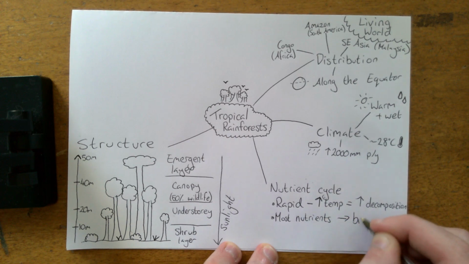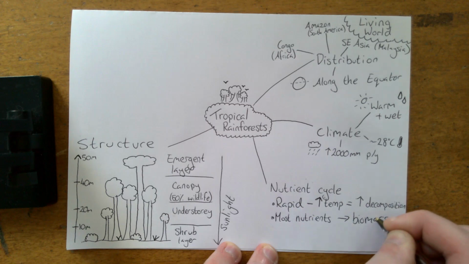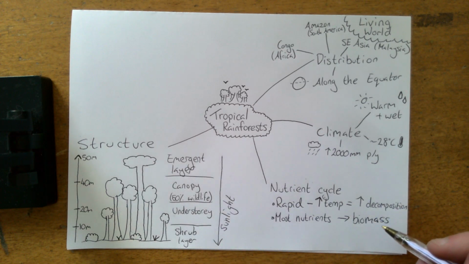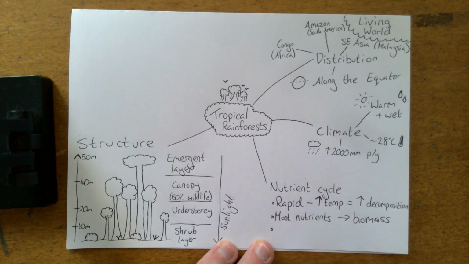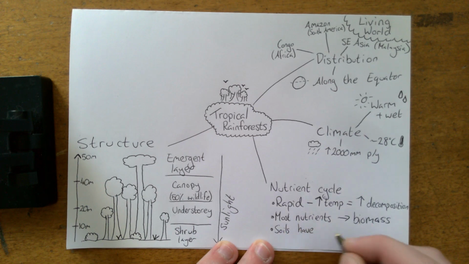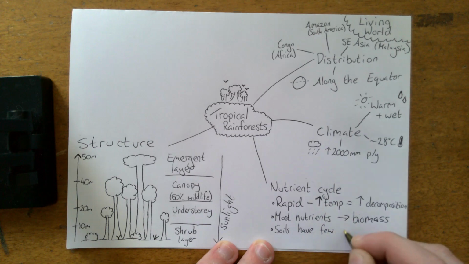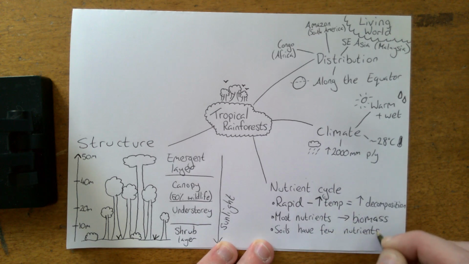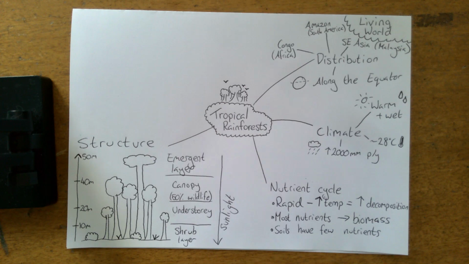go into what's called the biomass. Now, if you can remember when we looked at the nutrient cycle, the biomass is just the living things in an ecosystem that absorb and take in those nutrients. And in a rainforest, most of the nutrients are going to be in the biomass. Alright, actually it's very key to remember that soils have few nutrients in a rainforest, which you'd almost assume wouldn't be the case because there's so many plants here,